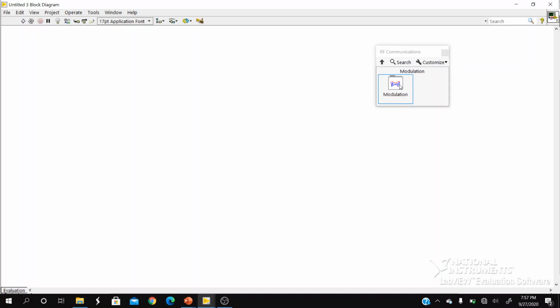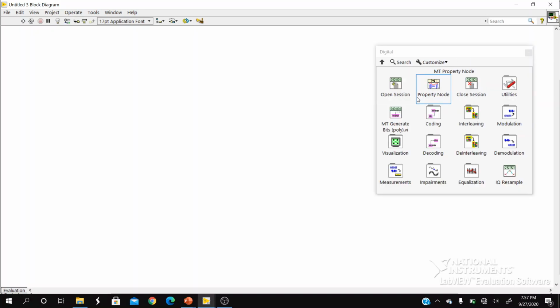You will see Modulation. Click on Modulation. You will see two types of modulation, analog and digital. Since we are realizing digital modulation schemes, click on Digital. You want the information source first, so go to the second row, first column. You will see MT Generate Bits. Click on that and place it on your block diagram.